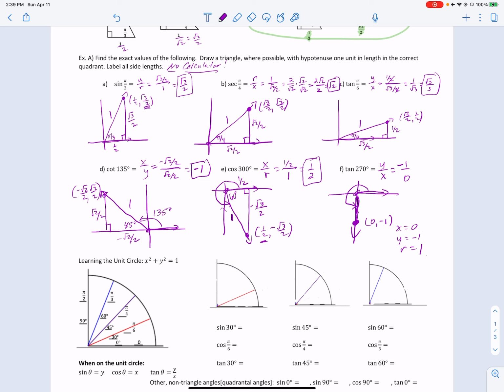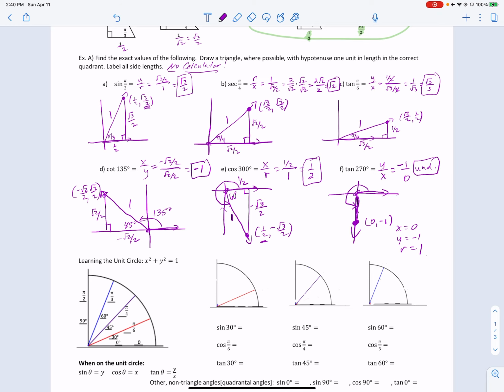I don't put equals, or at least I'm going to try not to, because it's not really anything to be equal to, because it's undefined. Just UND for undefined and box it. So that's changing things up, but we're leaning towards using triangles with hypotenuse 1 to lead us into what we